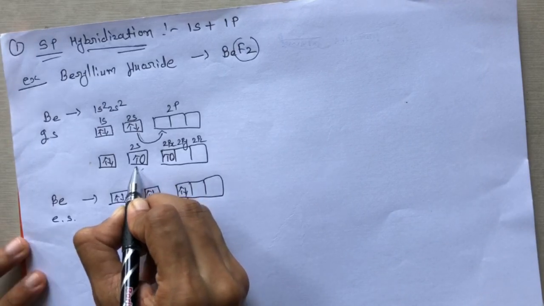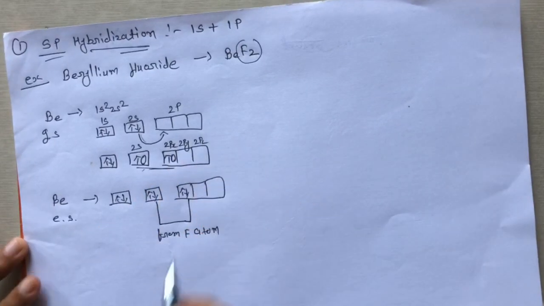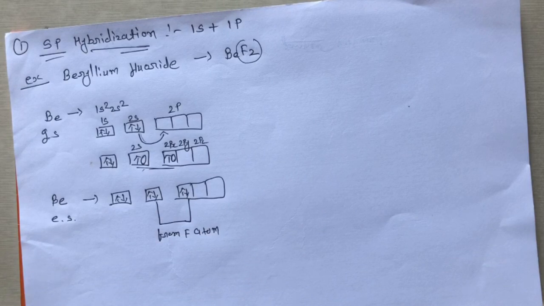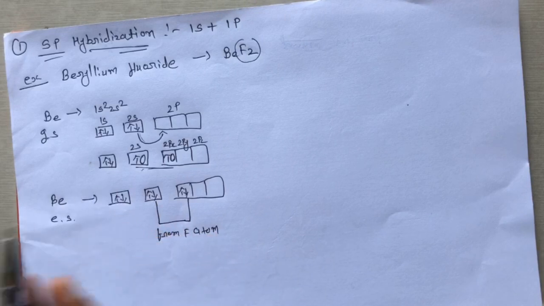These have two half-filled orbitals, each having single unpaired electrons, but they belong to different orbitals, right? So one belongs to S and the other to P, right? So therefore to get equivalent bonds, these 2 orbitals hybridize and get mixed to form new equivalent orbitals, each of which has half S and half P.